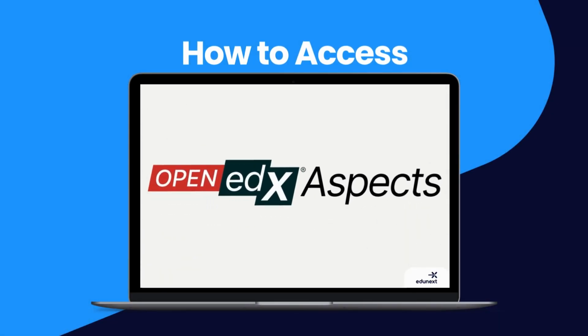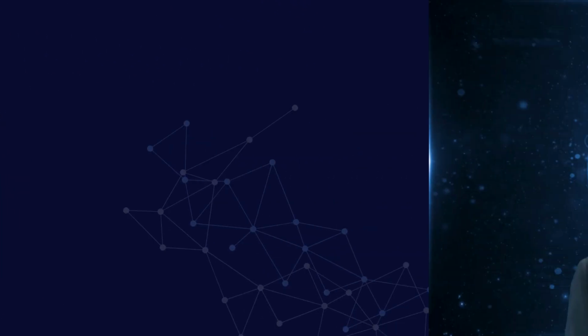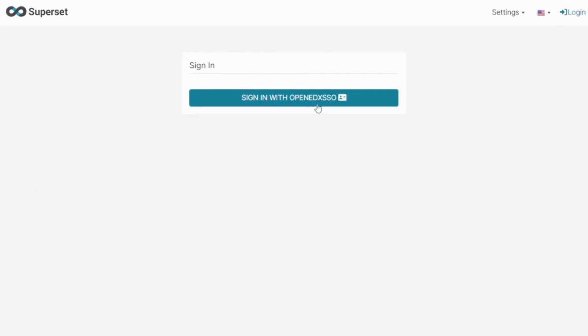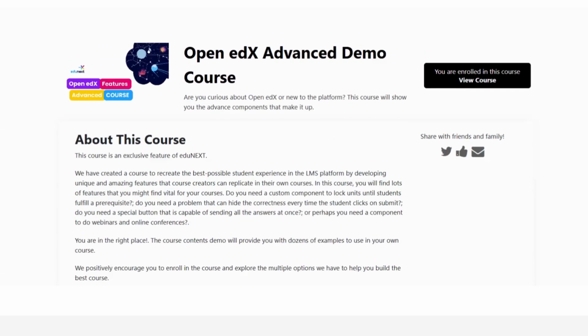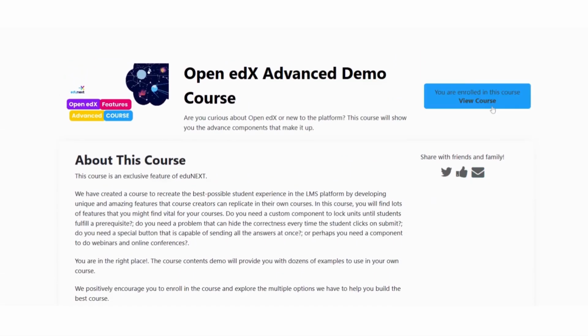How to access Open edX aspects. There are two ways to access Open edX aspects, depending on your role. If you are a platform site operator, you can access it directly through Superset using the link of your platform and your credentials. If that is not the case, and you only have permission from the course delivery team role,